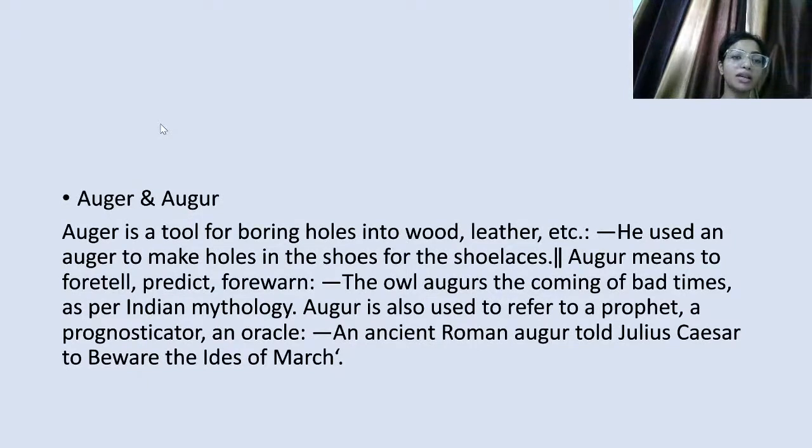Next is auger and augur. Same in pronunciation, but different in spelling and usage. So, auger is a tool for boring holes into wood, leather, etc. And usage example: he used an auger to make holes in the shoes for the shoelaces. Okay, and